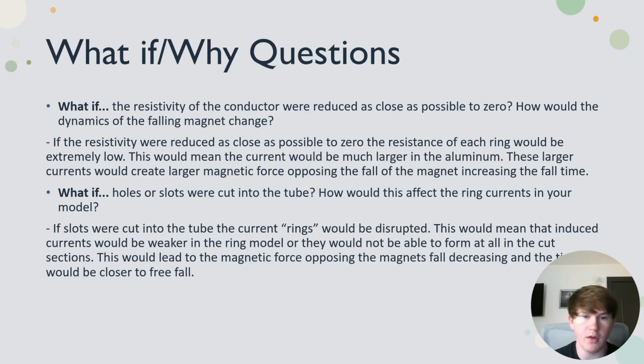So for the what if and why questions: if the resistivity of the conductor were reduced to as low as possible or close to zero, how would that change the falling magnet's dynamics? Basically, the resistance would go to basically zero, which would mean that the current would be much larger and the magnetic force would be larger. If holes or slots were cut into the tube, how would that affect the current in your model? Basically, if slots were cut into the rings of the tube, the current would be disrupted, meaning the magnetic force